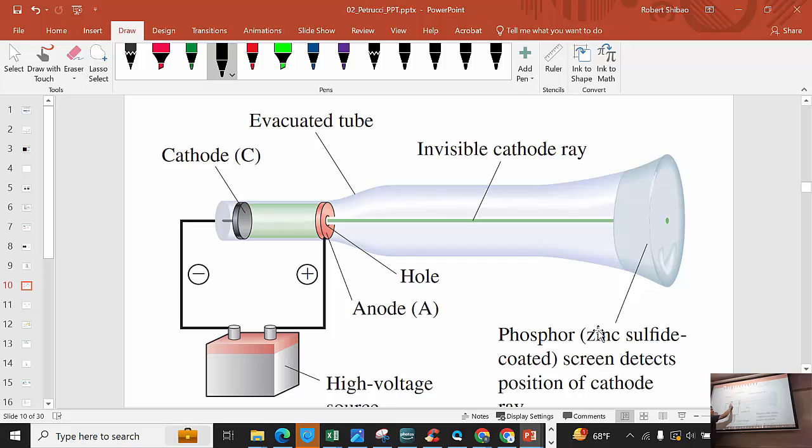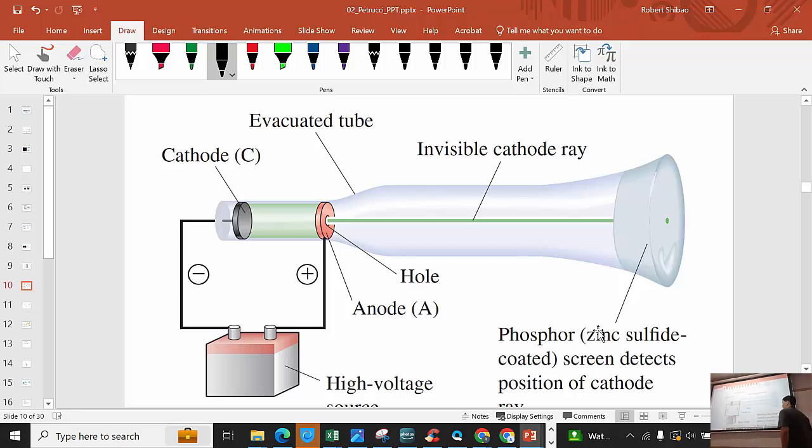And basically what we do is we generate this little lightning bolt here by applying a voltage. About 5,000 volts is enough, or maybe 2,000 volts, or 1,000 volts, depending on the pressure of the gas in here. The higher the pressure of the gas, the more you have to crank up the voltage. And so we get this little lightning bolt here, and then it's going to be attracted to this positive, but there's a hole there,